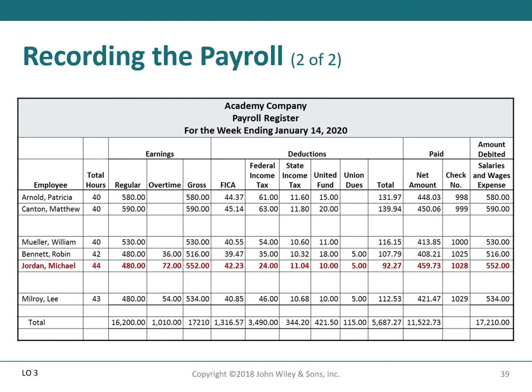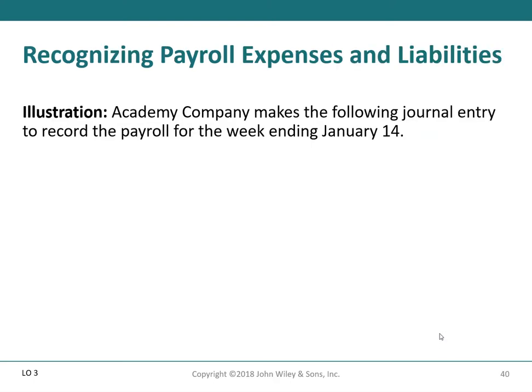Then each pay period, the company does a payroll register for everyone in the company. So this is all the employees, how many hours they worked, what their gross, their FICA, income tax, United Fund, union dues, and net checks are. And then we total it up for the period, and that is how we record the employer's journal entries. So Academy makes the following journal entry to record the payroll for the week ending January 14th. We debit salaries and wages for